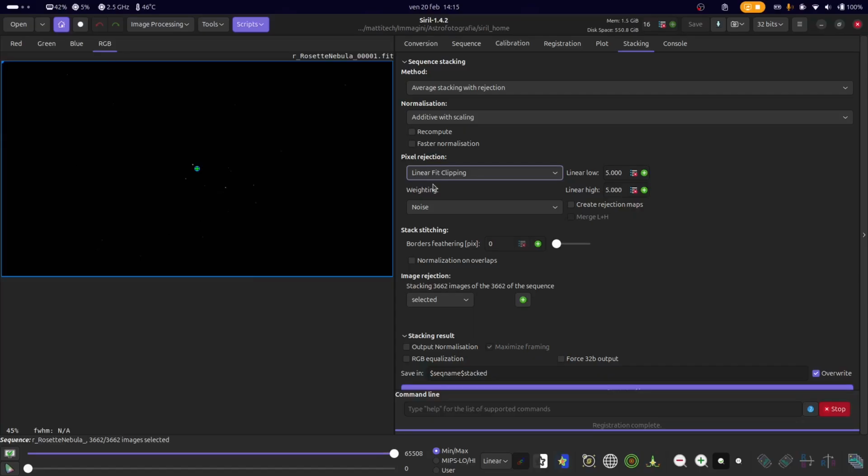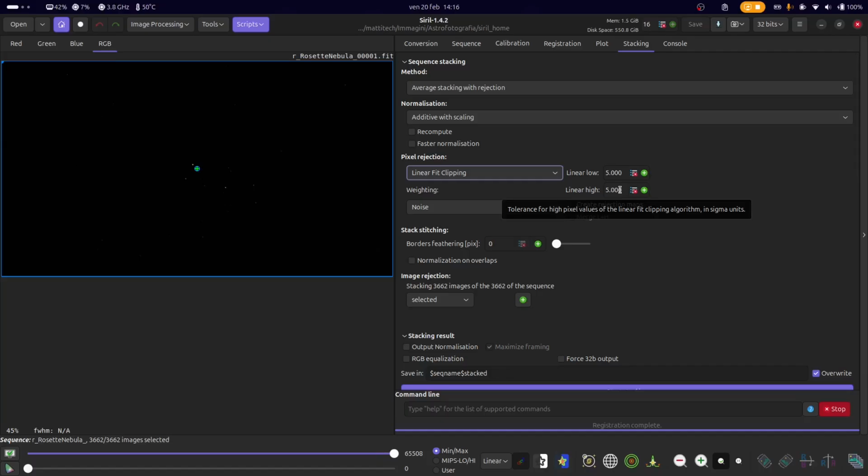So what it does is that it fits the best straight line of the pixel stack, and only rejects those pixels that are far from it, while Windsorized sigma clipping may mistake more pixels for outliers. Linear fit clipping is excellent for large datasets. It is perfect for the Seestar since we have more than 2000 frames here, meaning it is likely our best choice. So as you can see here, both algorithms allow you to set a low and high value, and basically